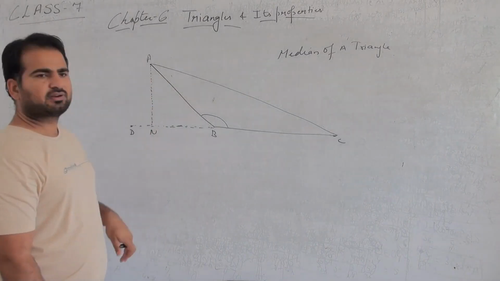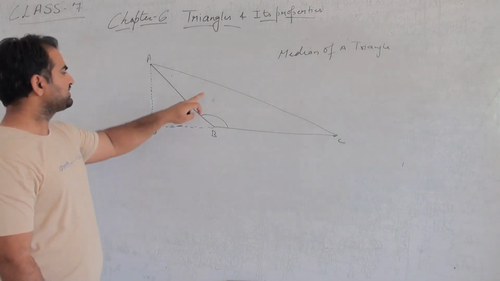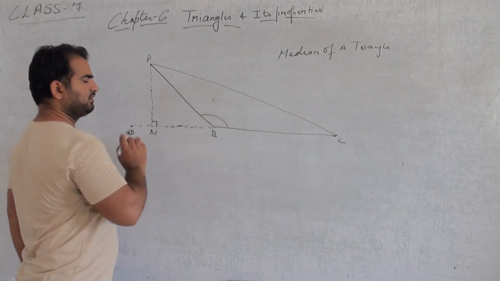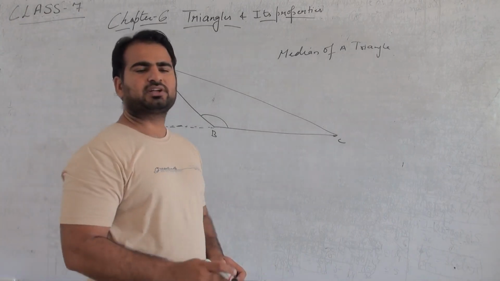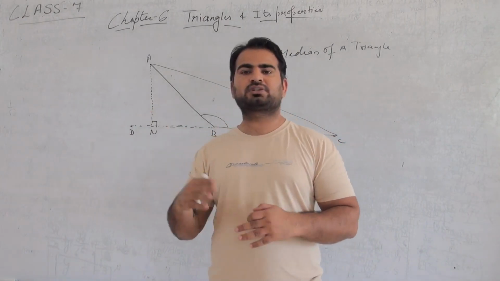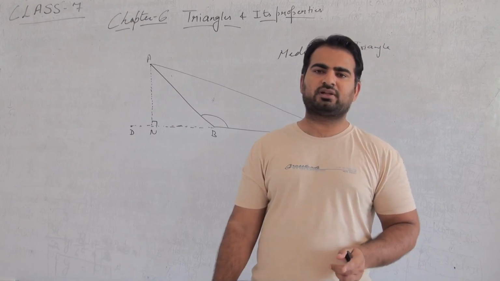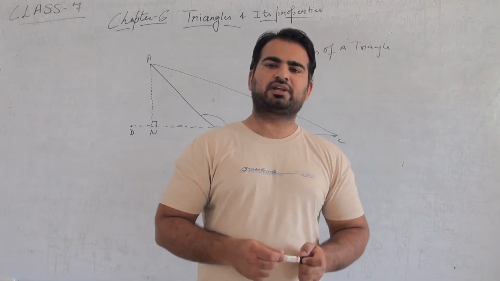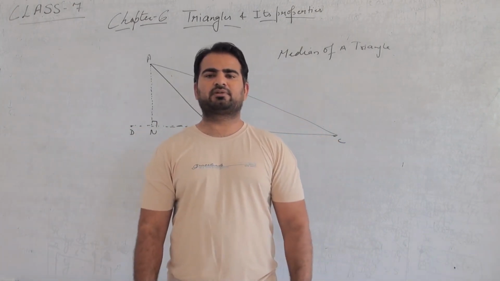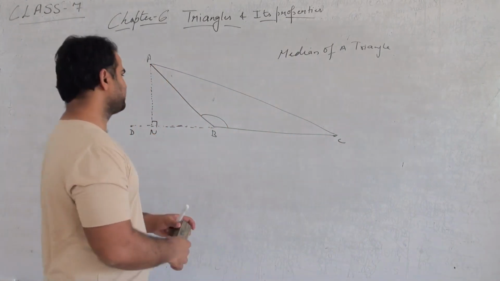Now AN is the perpendicular distance between the base and the highest point. So this AN is the height of this triangle. So we can say that in an obtuse angle triangle, the height of the triangle lies outside the triangle. And in a right angle triangle, the height can be one side. It can be the base or the perpendicular. So the next topic is angles and property of a triangle.